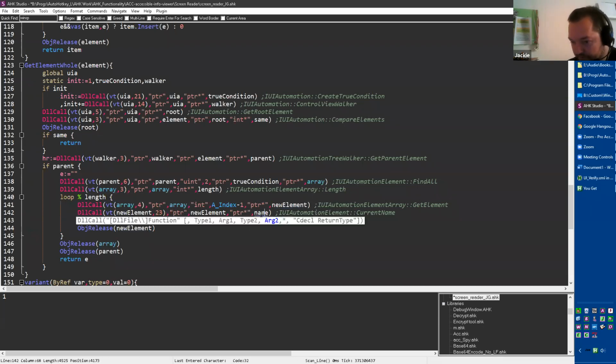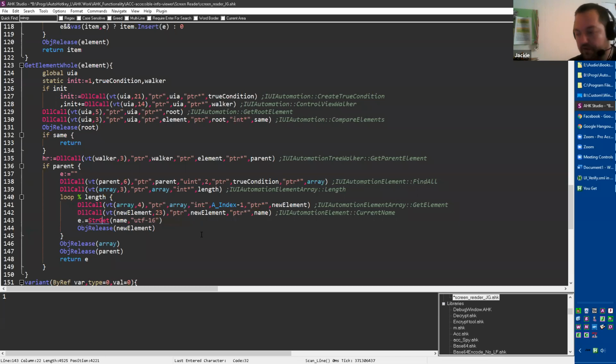Then he puts that pointer in name. Then he uses our good old function string get to get a value from a pointer in memory and puts whatever he found. He actually appends that into E. That's probably why he's also clearing E, just to make sure that E is cleared. And then he releases the element, goes back up,